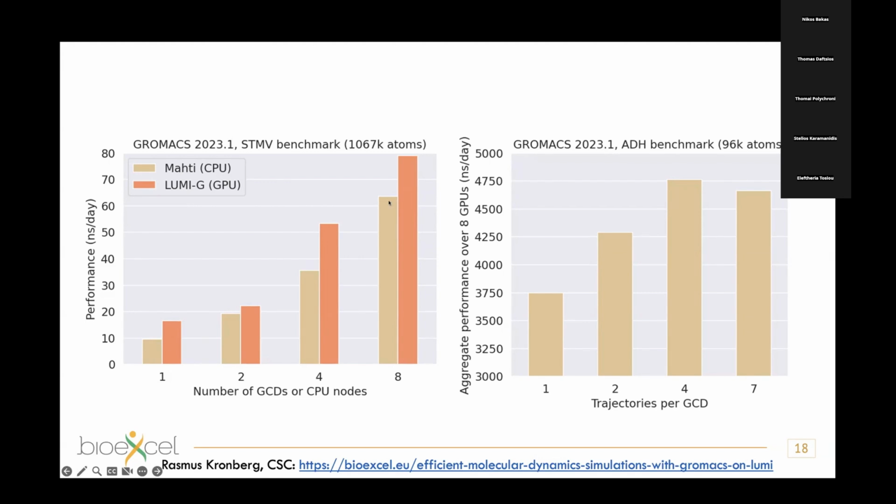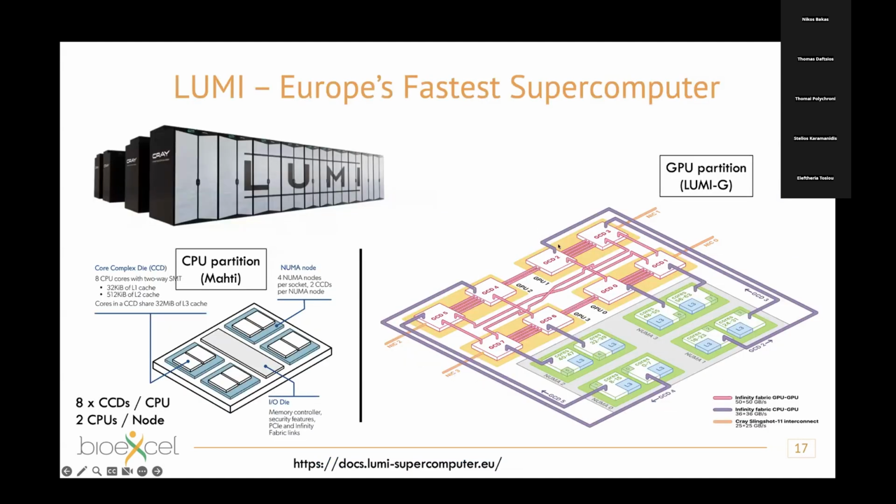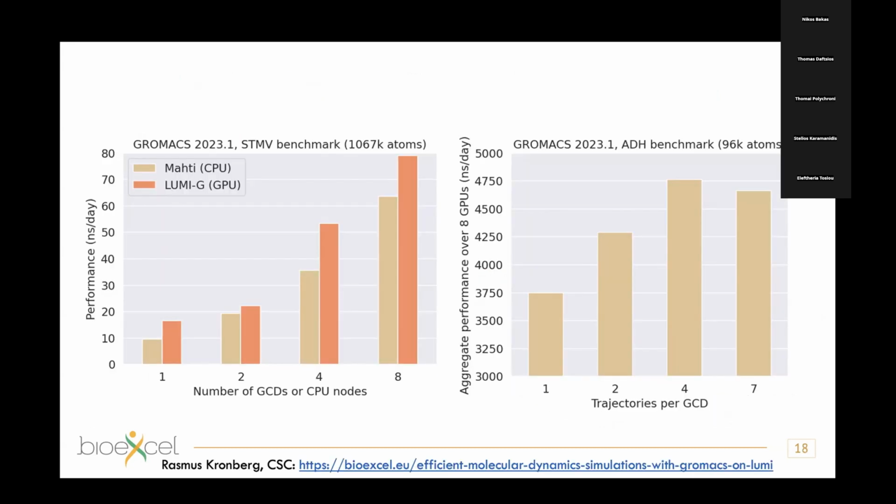That's because you have this very big system and you're able to fill in all the memory of the GPUs, because they have a big memory. GROMACS in general doesn't use that much memory. So to be most efficient, it's good to pack a lot of data there,